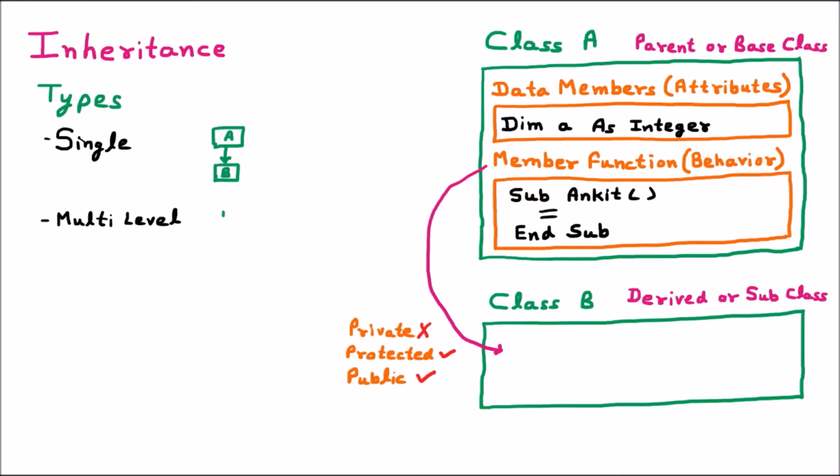Let us suppose that we are having a class A. Now this is one parent. Now from this class A, we are inheriting to class B. So here for A, we are having the derived class which is B. Now again, B is parent of some other class. So from B, we are going to inherit and going to the class C. So this is the multiple levels. So multiple levels are created. This is the multi-level inheritance.